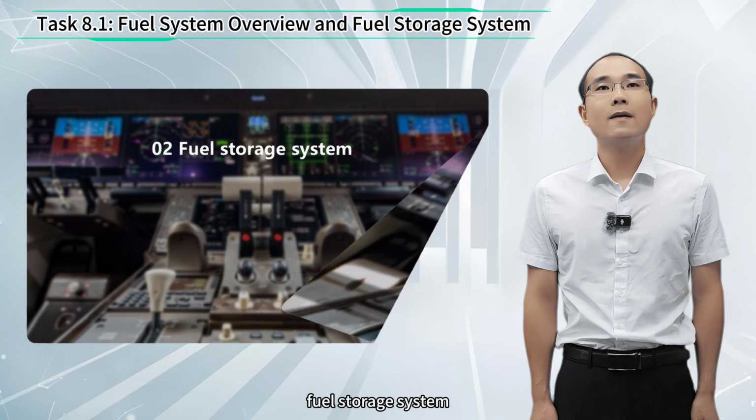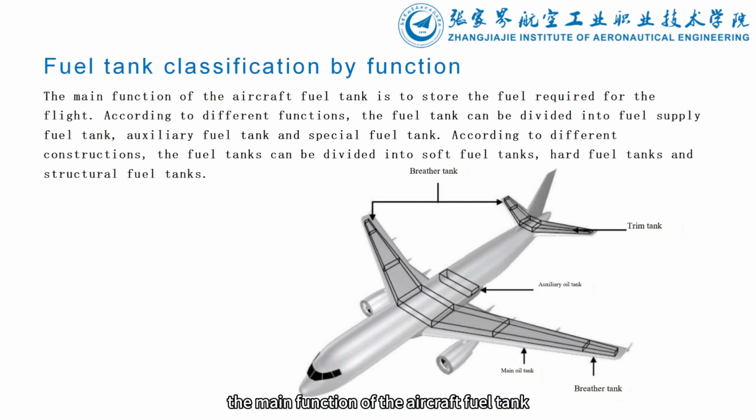Fuel storage system. The main function of the aircraft fuel tank is to store the fuel required for the flight. According to different functions, the fuel tank can be divided into fuel supply fuel tank, auxiliary fuel tank, and special fuel tank. According to different constructions, the fuel tanks can be divided into soft fuel tanks, hard fuel tanks, and